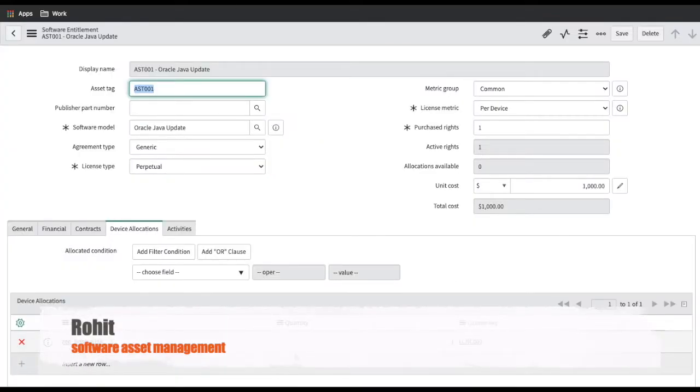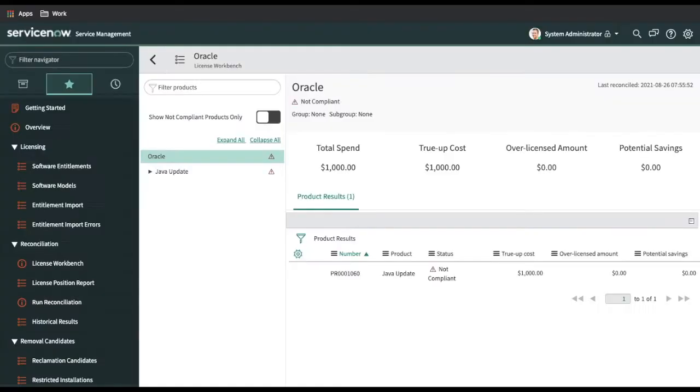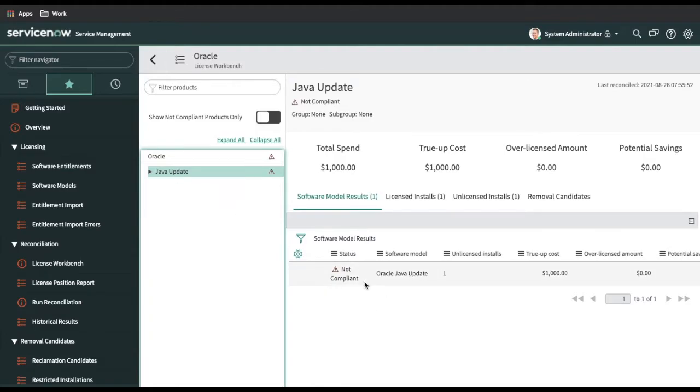The license is supposed to be for the JetBook, but that software is installed on the JetBook as well as the Apple. That's the reason this issue happened. Now if I open here, it's saying that licenses are not compliant, total spend till now we have spent $100, true up cost is $1,000.